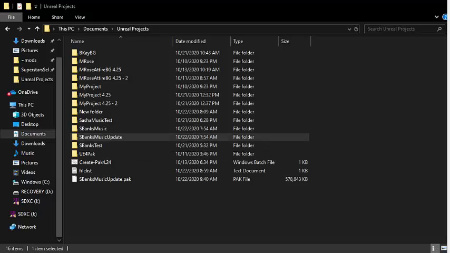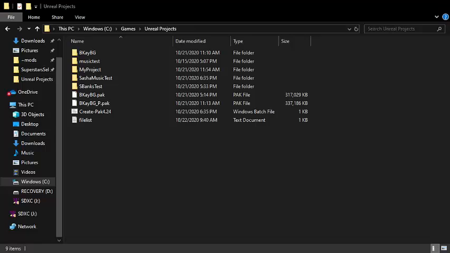Actually, let me see if I can get my games folder to show up. This is being a pain. Are you kidding me? It's not showing up because it's not even here. Fine. Think this is where it is anyway? Nope. Okay. See? Games. And then I'm going to go to Unreal Projects over there, and then hopefully it'll show up here too. Aha! It did. Cool. So I have a few other things in here that I was making. Those do not work and I need to delete them. But for right now,